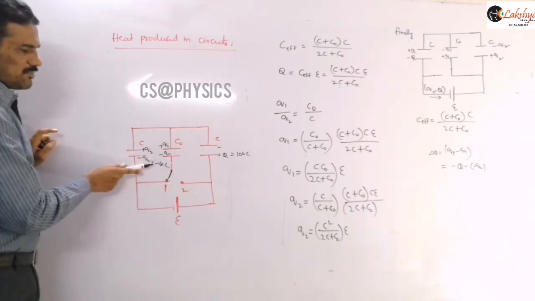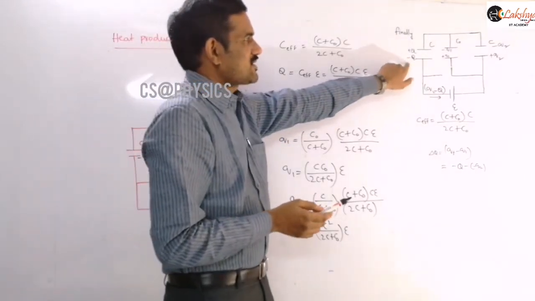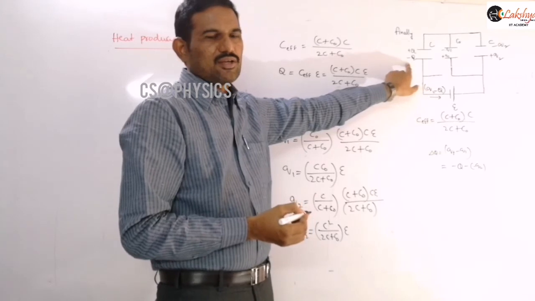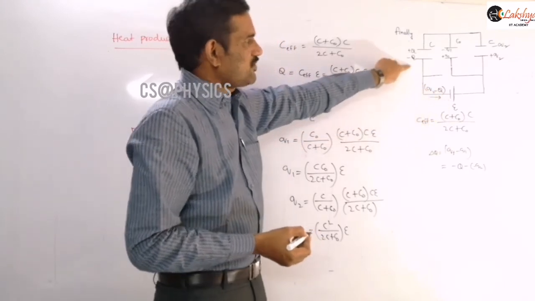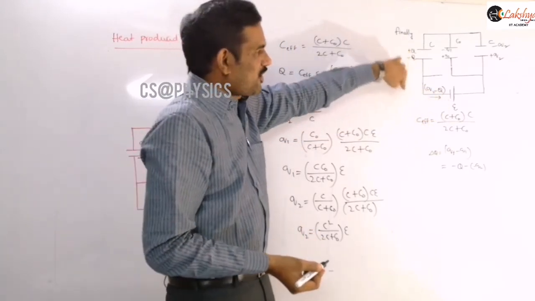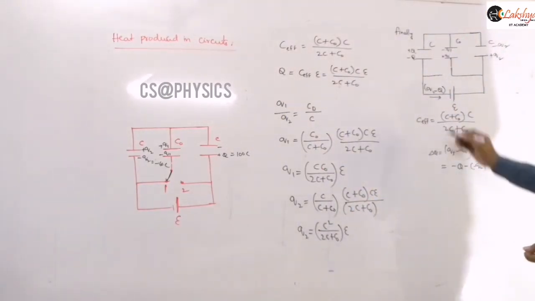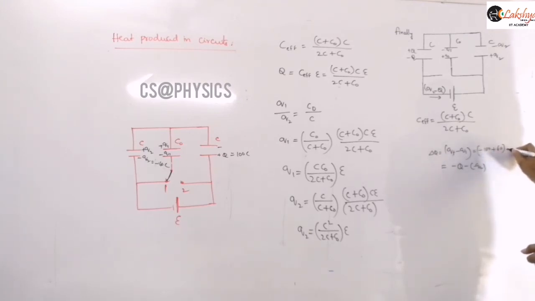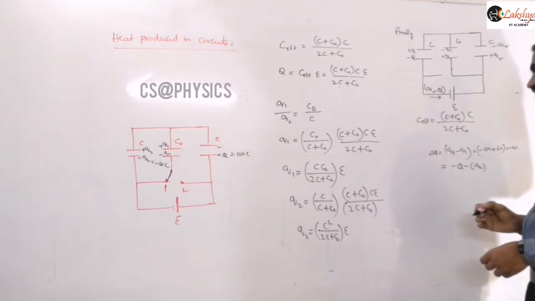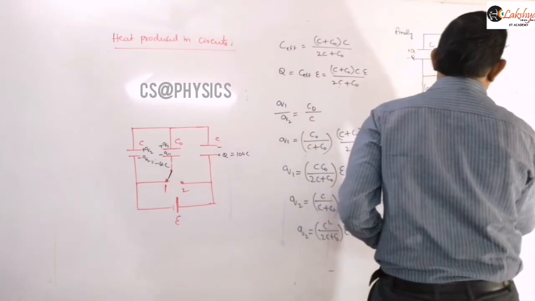Is it clear? This is minus 60, we are taking an example, and the total charge is 100. So finally the charge appearing here is 100 coulombs. So definitely minus 40 coulombs should be supplied by this negative terminal. Then 40 coulombs of charge will be flowing along this direction, because that is nothing but minus 100 minus of minus 60, so minus 40. That is the amount of charge flowing along this direction.